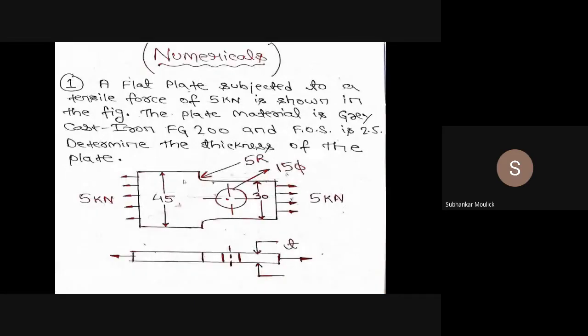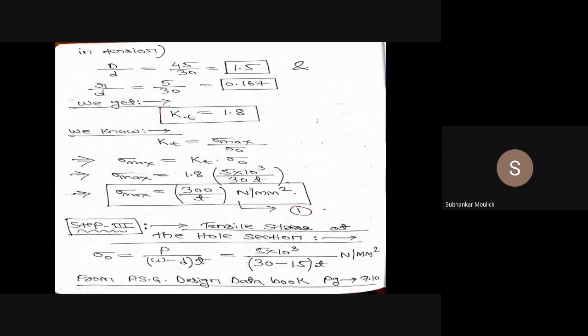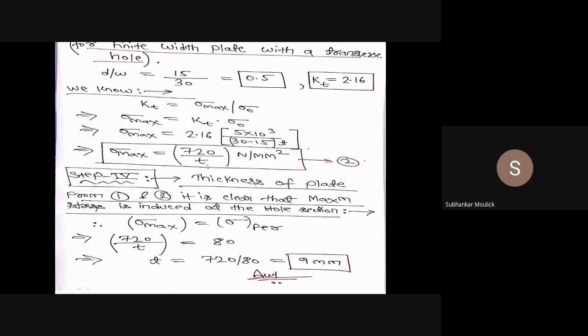Whether the stress is maximum at the fillet cross section, or at the whole cross section. Equation number 1 is the maximum stress at the fillet cross section, and equation number 2 is the maximum stress generated at the whole cross section. Where will it fail? Will it fail from the cross section of the hole or from the fillet?